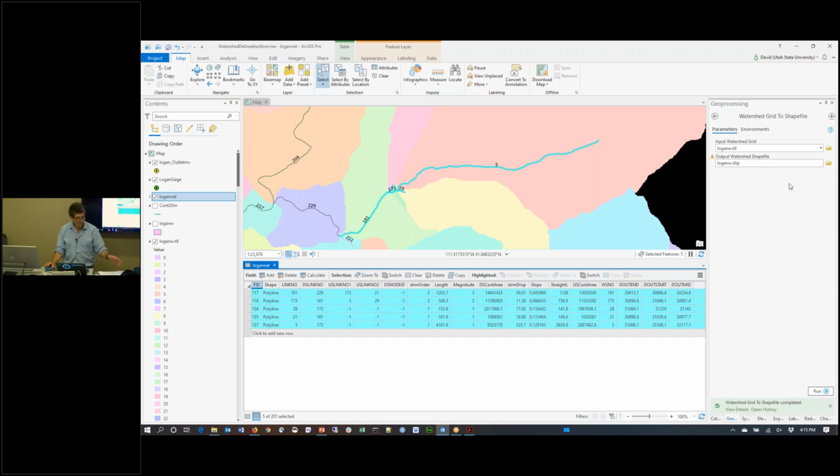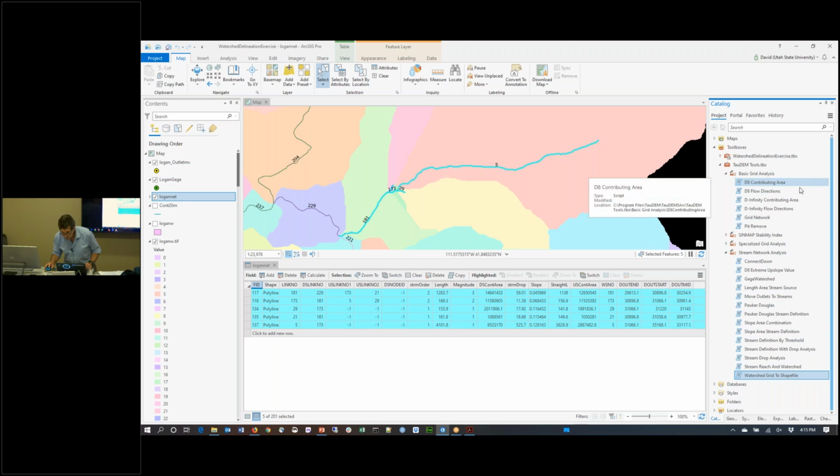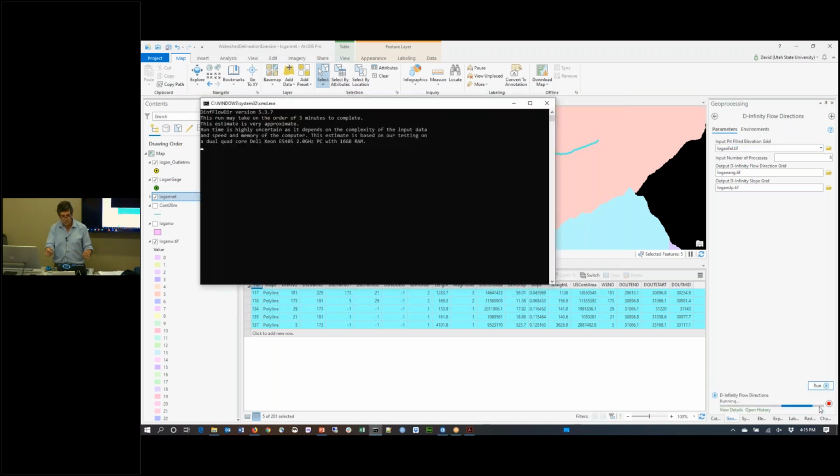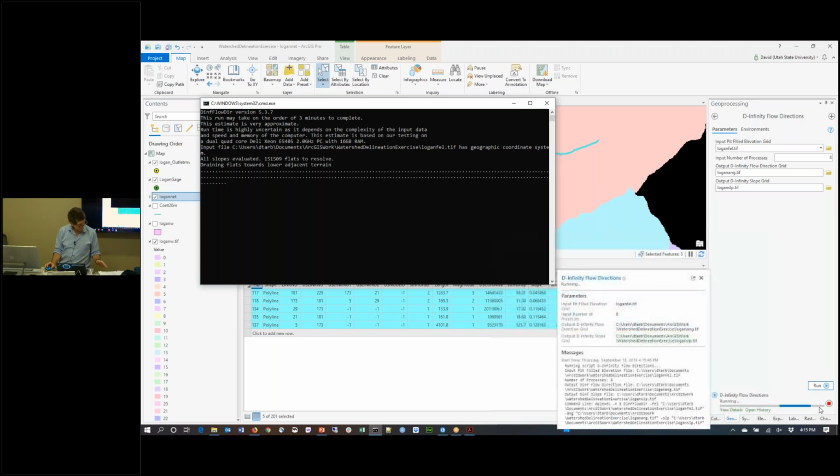Use the d-infinity flow directions, d-infinity contributing area, and topographic wetness index tools to evaluate the topographic wetness index for the Logan River watershed. So we've got these tools here, and you can calculate d-infinity flow directions, figure out what the inputs are based on what you read there without being shown exactly what it is, run the tool, and get the topographic wetness index after running this tool and a couple of the other ones, and then